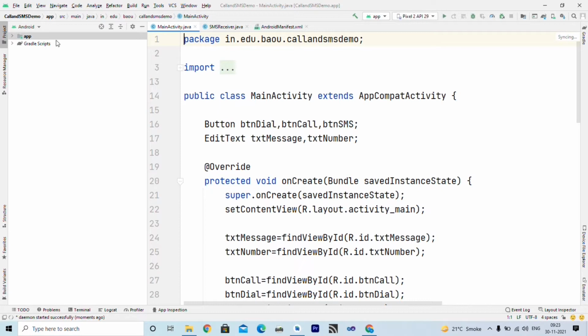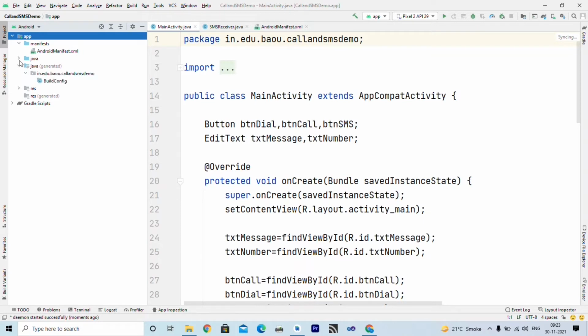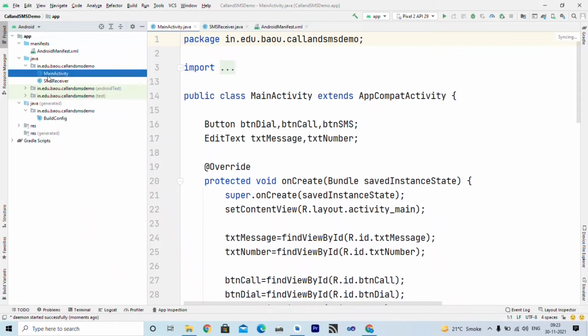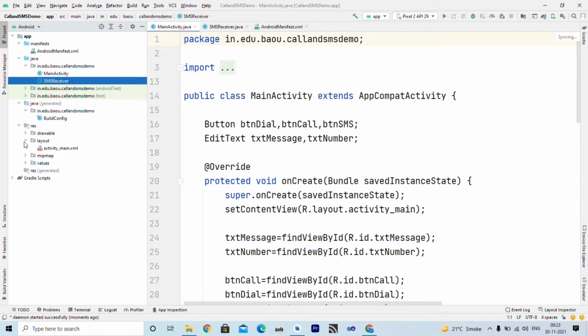Here you can see we have one activity file, one broadcast receiver class, and we have a layout file as usual, which is activity_main.xml, and we require permission to send and receive SMS programmatically.